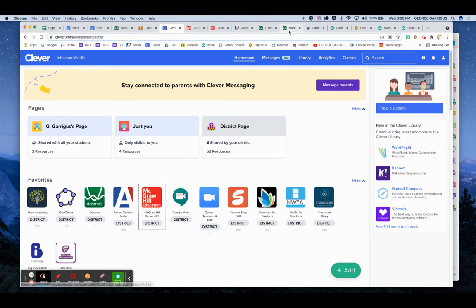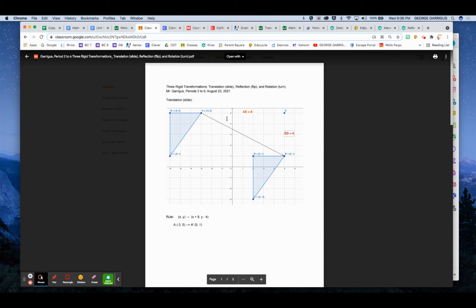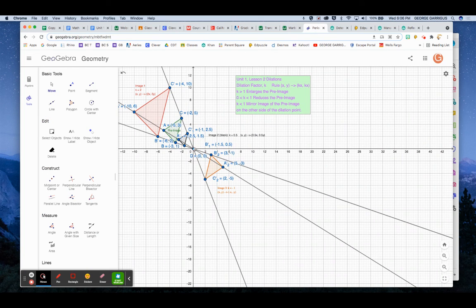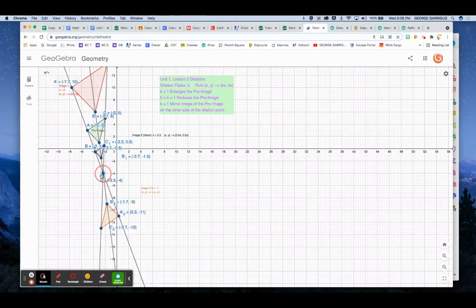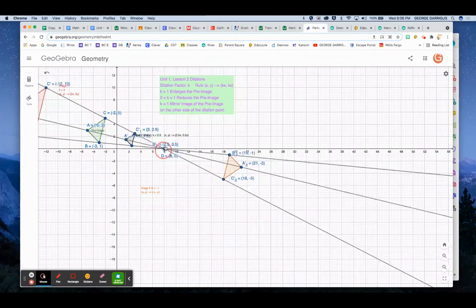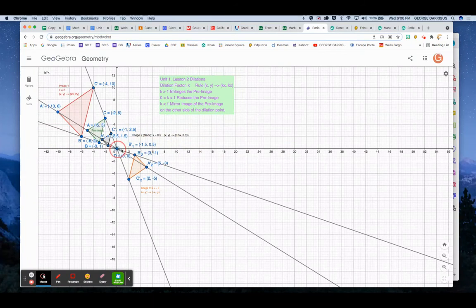We also have a few other things that we use. We use GeoGebra, which your students have been doing, and I mentioned that before. There's your GeoGebra. Their next lesson was dilations. So they dilate from the origin. This pre-image is increased by a factor of 2, so you make it twice as big, half as big, or on the other side. So that's the GeoGebra. It's pretty nifty. They can play with the point of dilation and really get an understanding of what it means to have a point of dilation. And we have fun with that.